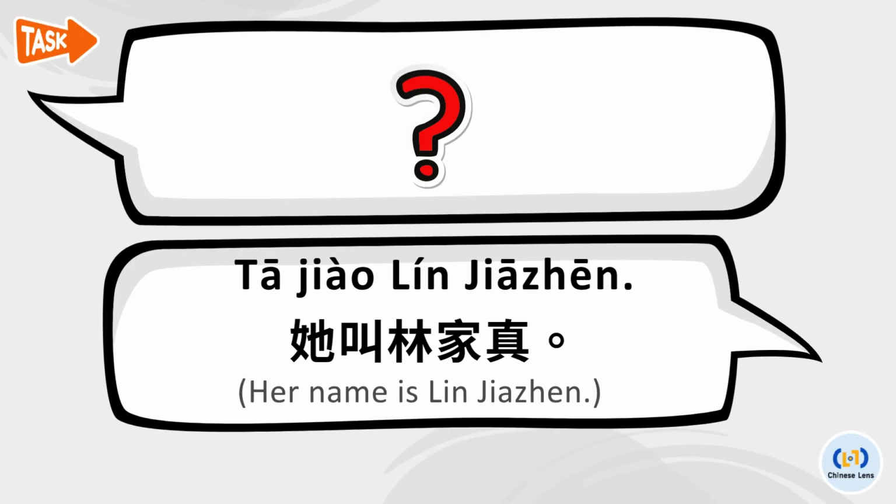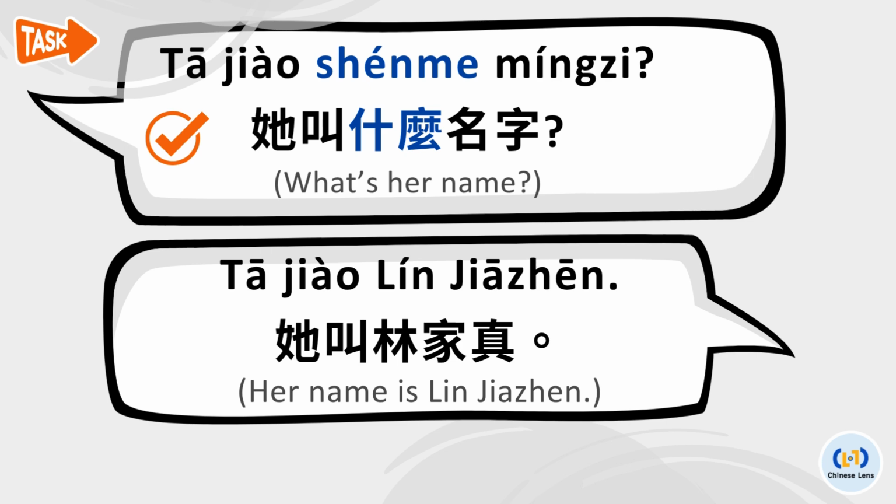Practice 2. If someone answers with, 他叫林家珍。 what would be the question? The question is, 他叫什么名字？